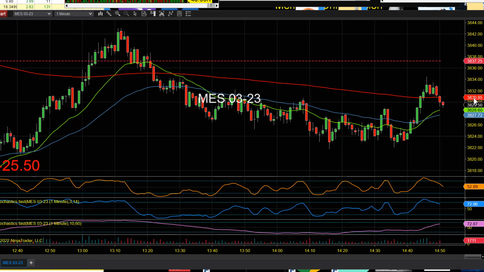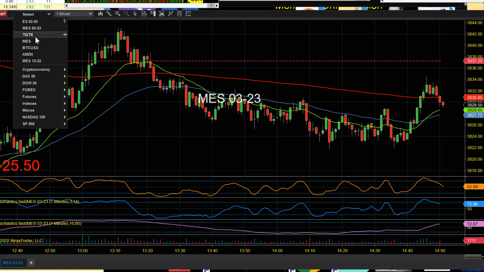is, let me see if I can bring up my trade on this. I try to connect the Ninja Trader to the IB, but I have to switch over things and then change the symbols. And let me show you that. All right, so